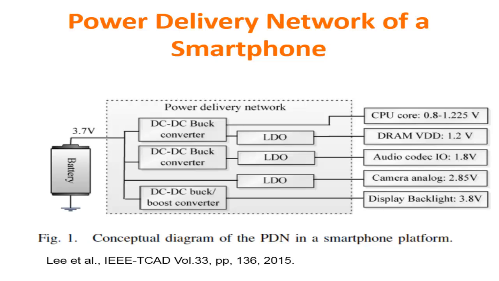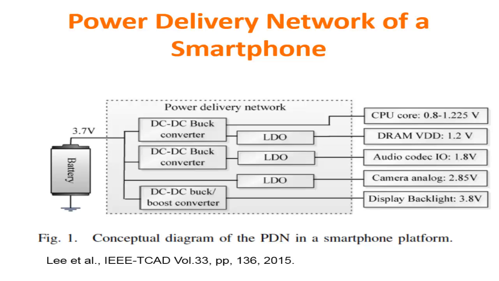So the power delivery network, as it is called, has to receive power from the battery, which is typically now a lithium-ion battery that has a supply voltage of about 3.7 volts when it's in full charge. And then from that battery, several electronic subsystems have to be supplied, and they require different